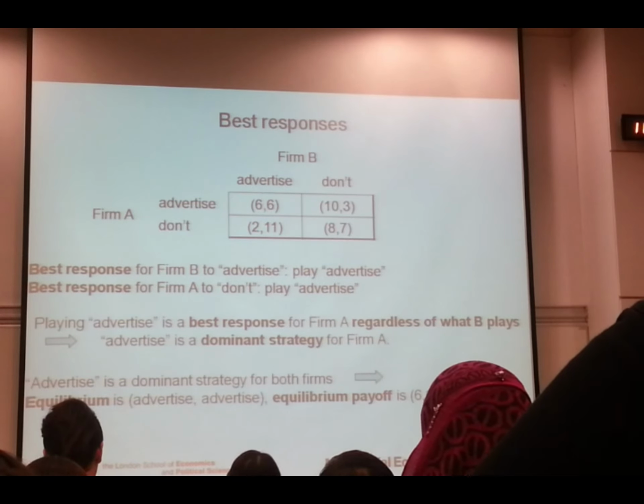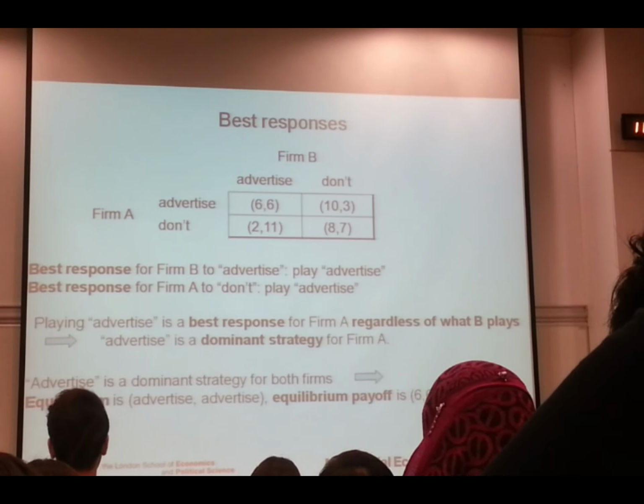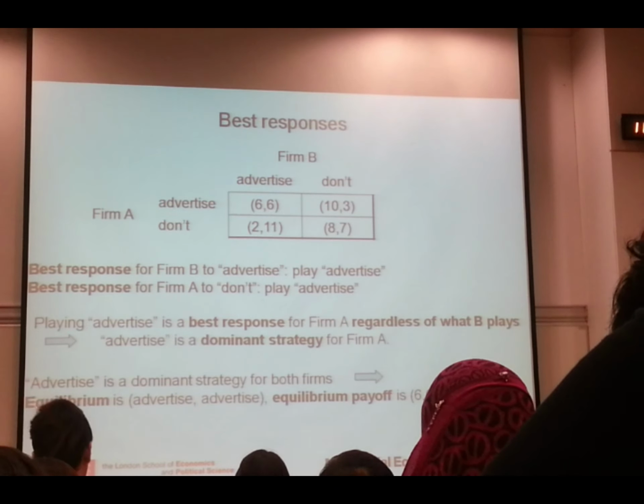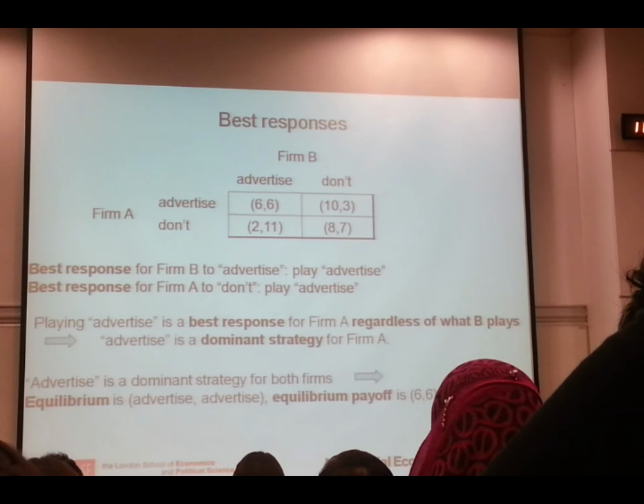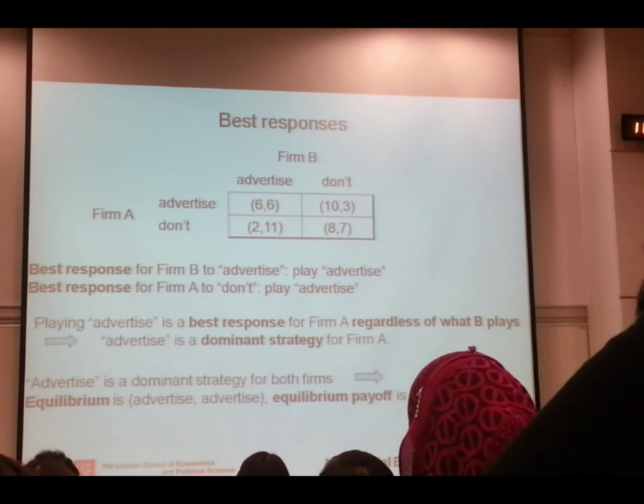So, to advertise is a dominant strategy for both firms, which means that the equilibrium is for firm A to advertise and firm B to advertise, and the equilibrium payoff is 6-6. Again, this is not a big deal,